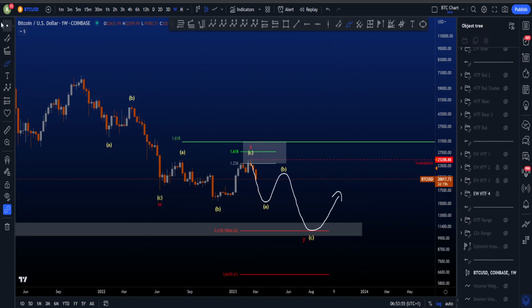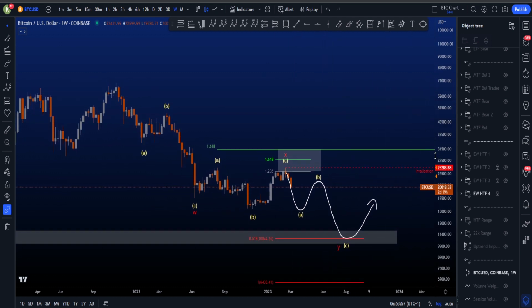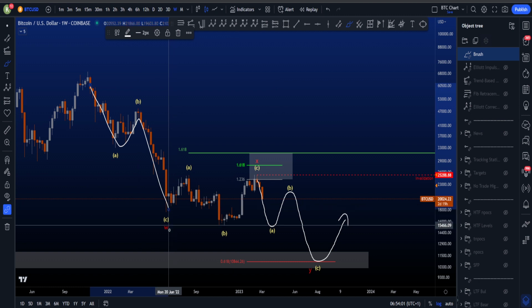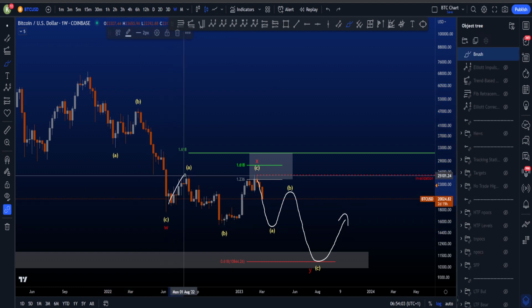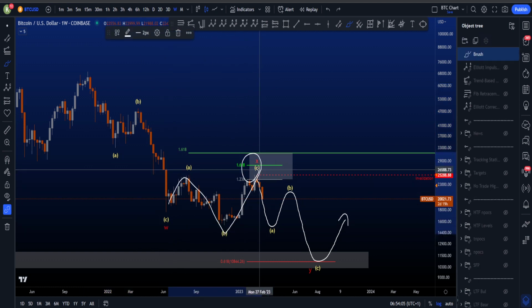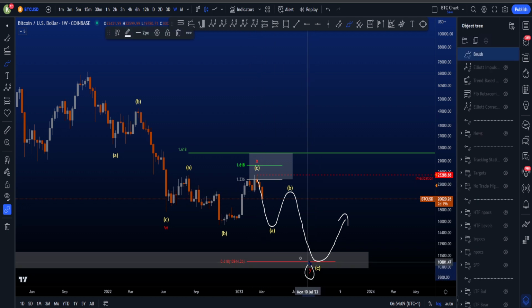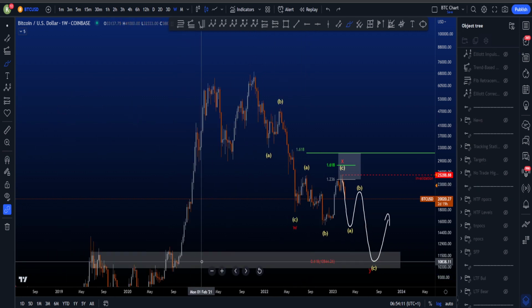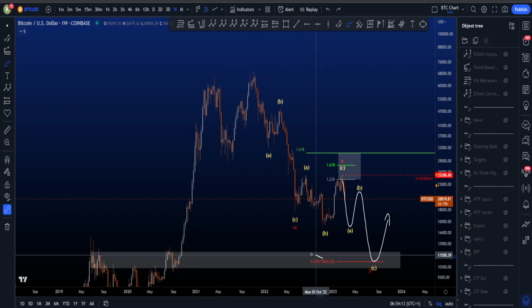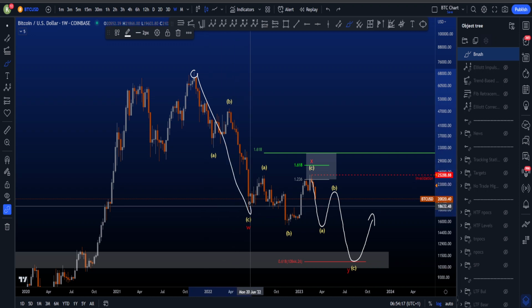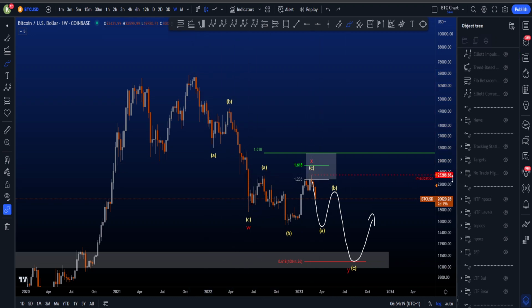And then we go to my most likely and preferred scenario, which is the following, where this over here is an ABC in a bigger W, followed by an expanded flat ABC in the X, and now we're looking for a 3-wave structure in wave Y, with the target of wave Y basically being 10.8K, the 0.618, as you can see, taken from the high of W to the low of W to the high of X, everything in log